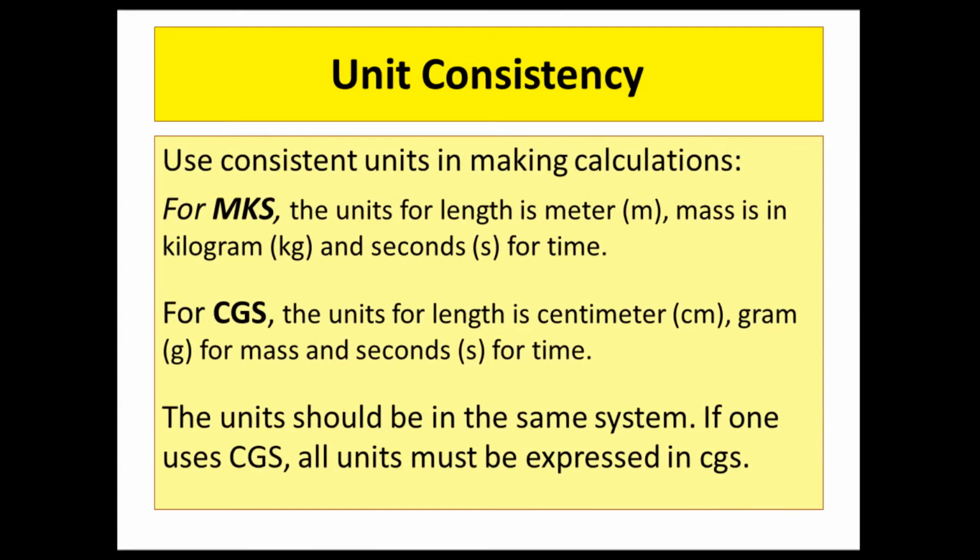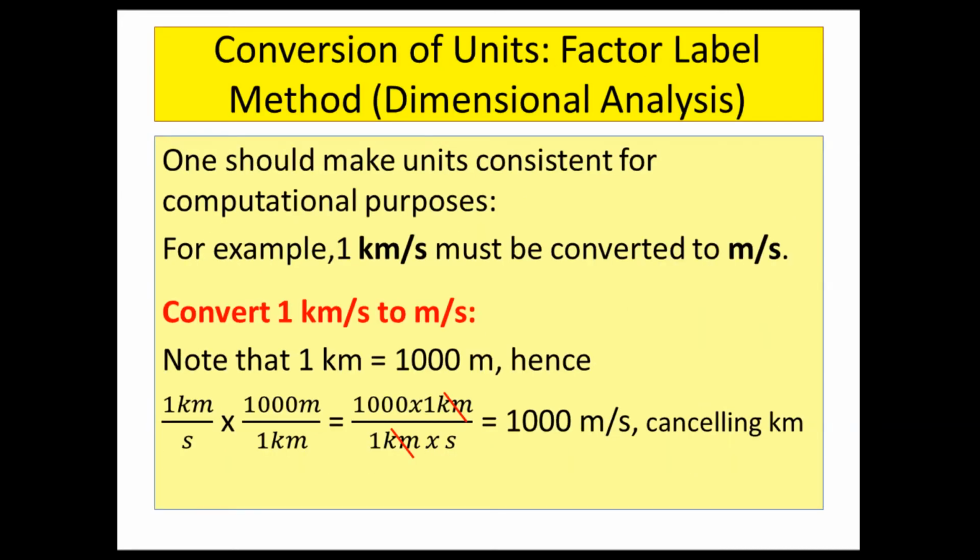In using the units, we should observe consistency. If you are using MKS, you use meter and kilogram. If you use CGS, you use centimeter and gram, so that the units can be expressed properly. One should make units consistent